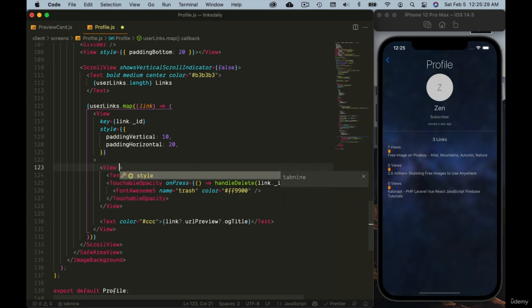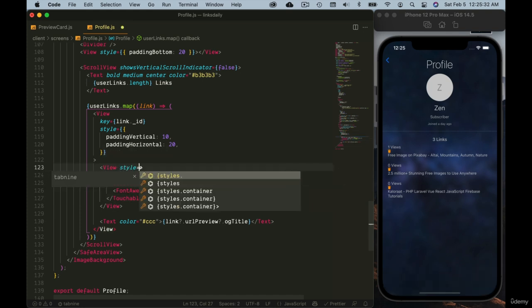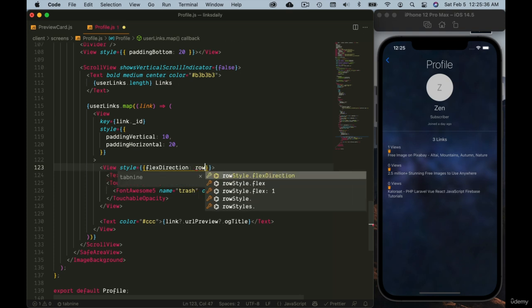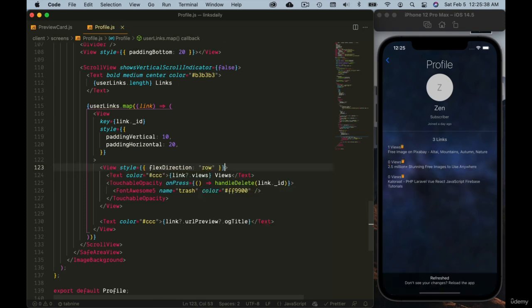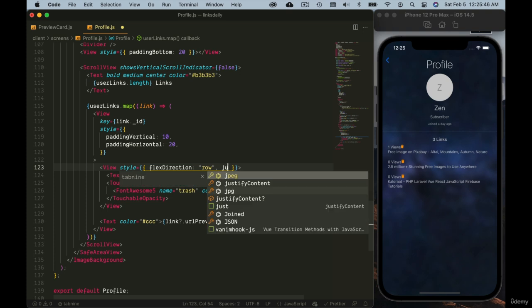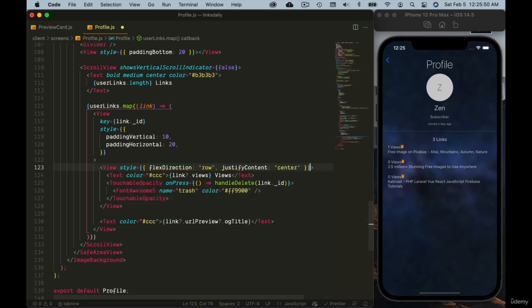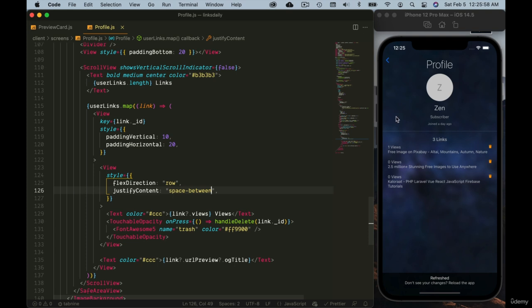So view, let me use style, flex direction row. You can see they're all in one line. Now I want to use justify content. Instead of center, let's use space between. Okay,